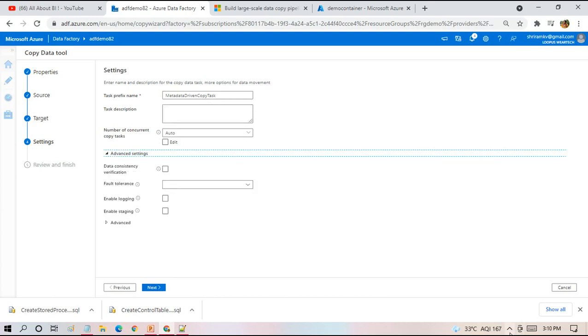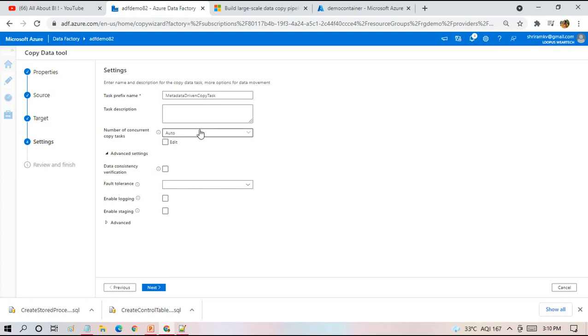Here is where we look at some data consistency settings. If you look at the settings here, we have the flexibility to choose the number of copy activities. This option controls the number of copy activities that are run at the same time, or in parallel, in order to reduce the load on our source database. If you are trying to pull information from hundreds of tables in one shot, it's going to make the database slower, or it's going to hang. So in order to control that, we have the flexibility to choose the number of concurrent copy activities.